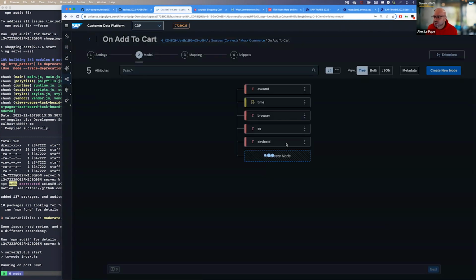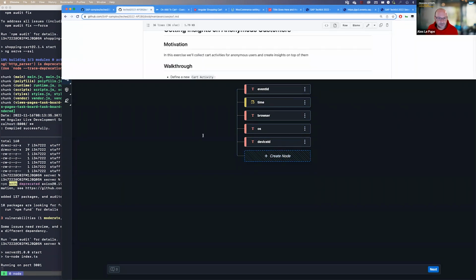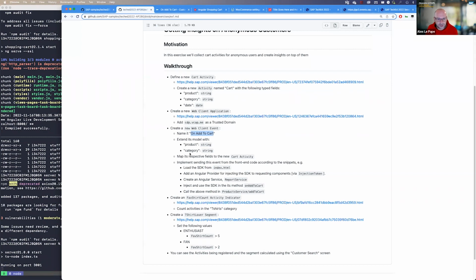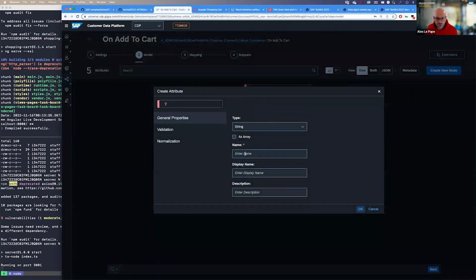And the first thing that we want to do is, a few of these fields in the payload that the SDK is going to send are already pre-configured, right? So we don't need to care about them ourselves, but what we care about is the extra piece of information that we actually need in there, right? As the instructions say, we're just going to be using product and category, two string attributes. Then we're going to add those to the data model of that inbound event, right? So I just use